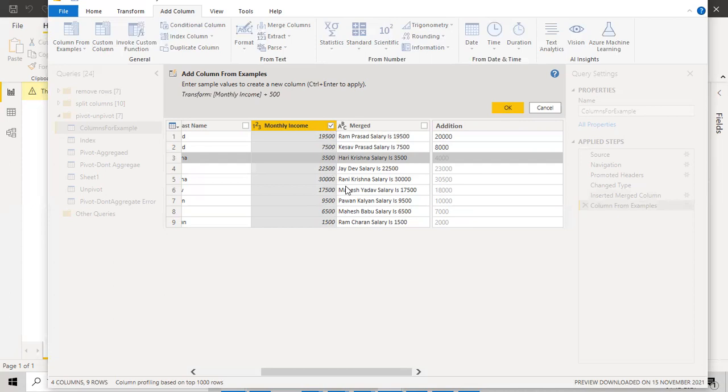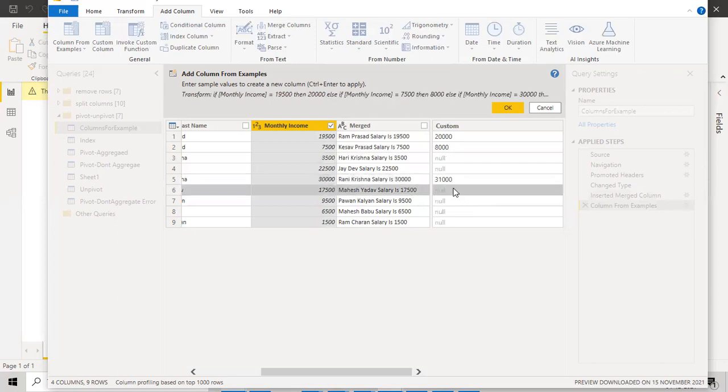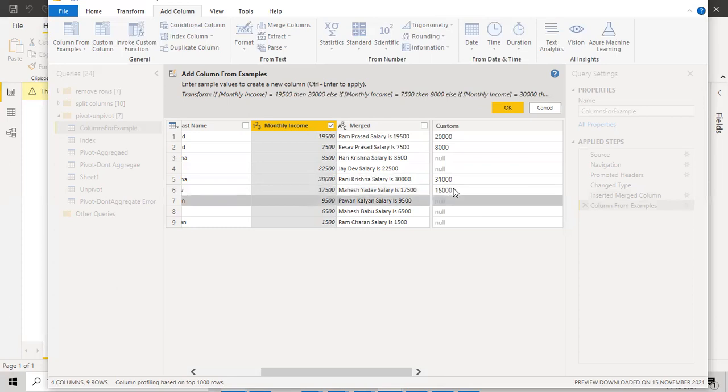If you want to round up to the next upper value, then you need to convert this. I just want to round it up to the next upper value. Okay, next upper value. Then obviously I'll come over here and again write it, like 31,000. Then you understand, oh, this is rounding up to the next upper value. We need to write it one more time, another one, 18,000. One or two times we need to write and then we'll understand. Or else you want to make it like 3,500.